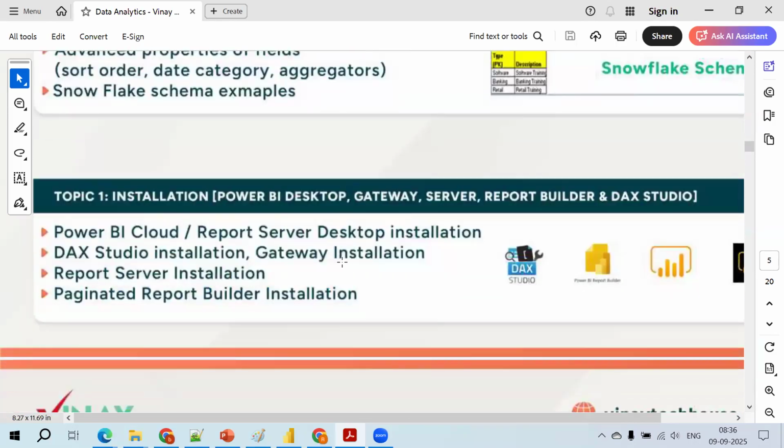Once you are done with the report design, you need to publish this report to a common platform, because we use Power BI Desktop to design the dashboard. That is standalone software that sits on our local machine. But your client is sitting on the other side of the globe.